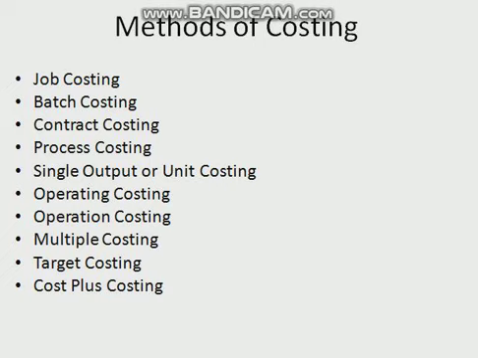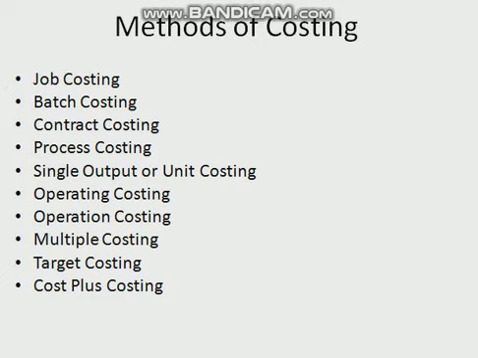This method of costing is regarded as a variation of process costing, and operating costing refers to costing of operations or services as distinct from outputs such as transport, powerhouse, hospital, cinema hall, boiler house, etc. The unit of cost is different than other methods such as cubic meter for gas, gallon or liter for water supply, kilowatt hours for electricity supply, and passenger kilometer or ton kilometer for transport services, etc. This method is also known as service costing method.